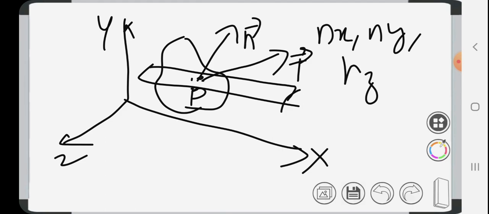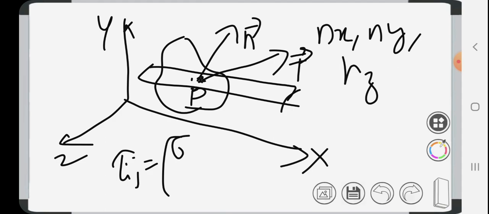So we don't know the t vector. We don't know the direction. How to find the components of this t vector, or how the t vector is acting? But if you know the stress tensor at P, that is tau ij